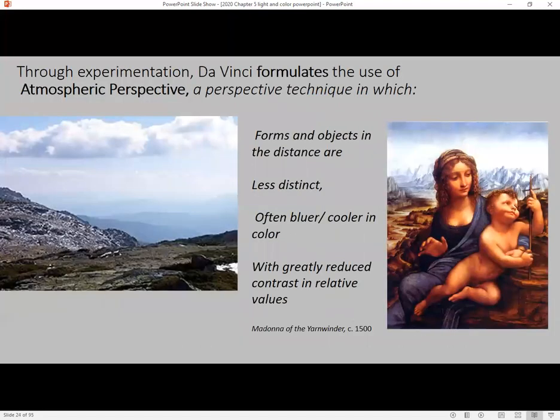So he started experimenting, and even though he wasn't the first person to use this, he was the first person to formulate the use of atmospheric perspective. And that's a perspective technique. By perspective, I mean the artist is making things look like there's a real sense of deep space, and not a flat surface. So with atmospheric perspective, he noticed that in real life, the further out you look, and he lived in a mountainous and hilly area,